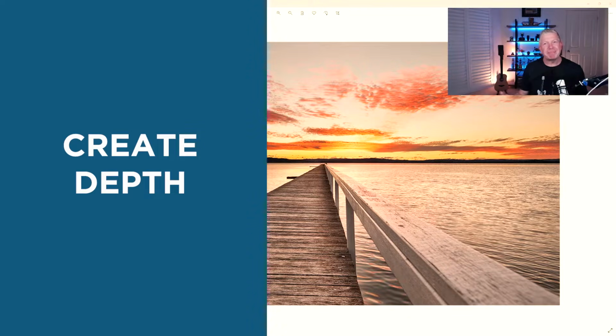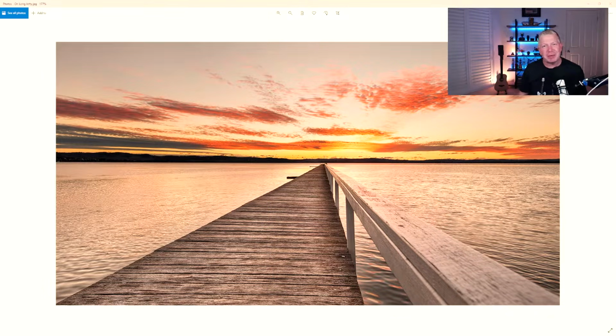Tip number 1 is to create depth in your images. Now, the brain is a very clever piece of equipment inside your head. Well, for most people it is. And it can calculate distance based on what it's seeing in an image. Now, if you think about an image, it's two-dimensional. And so one of the challenges with creating an image that really has that ability to draw people in is depth. And so by including something that the brain can easily calculate distance with is one way to create depth